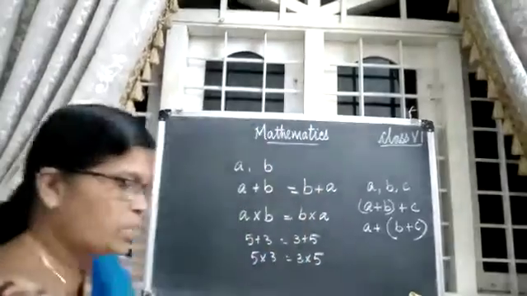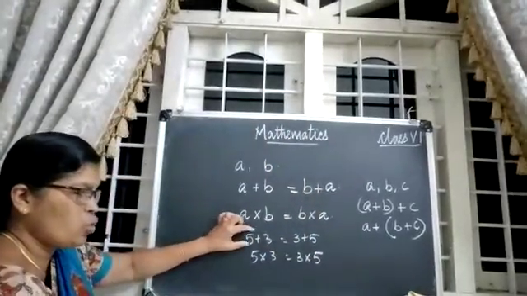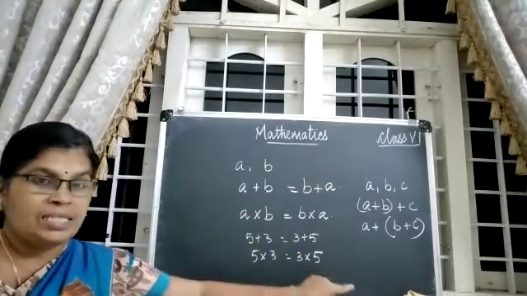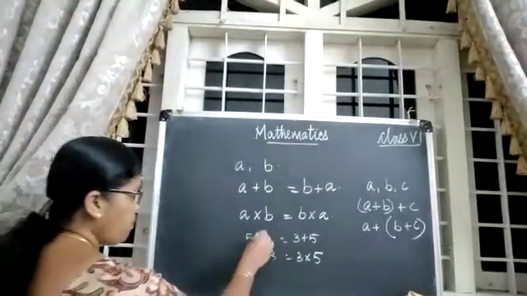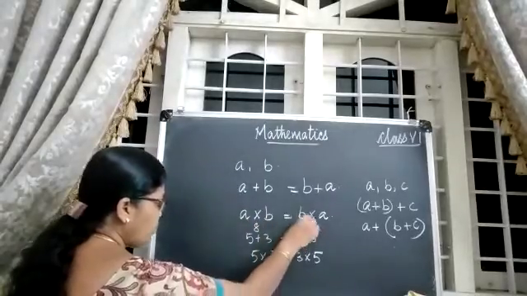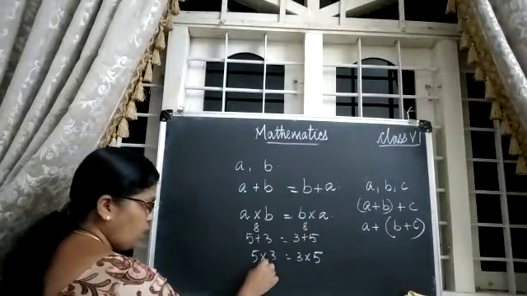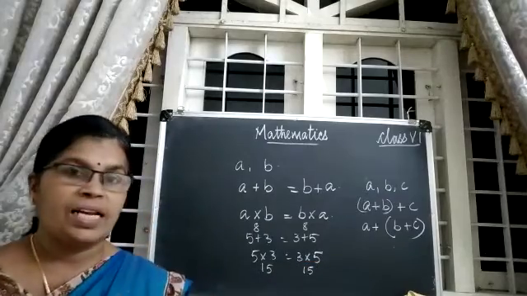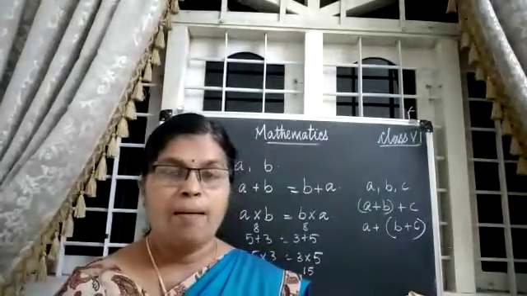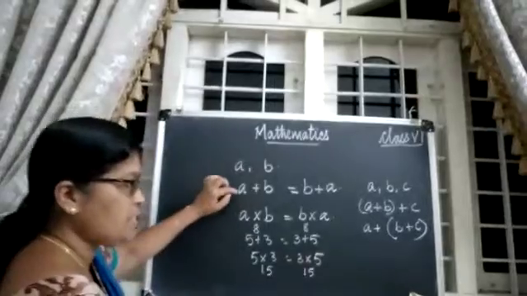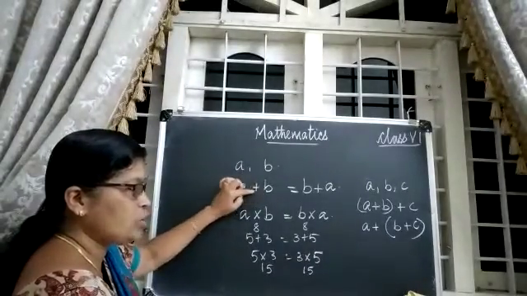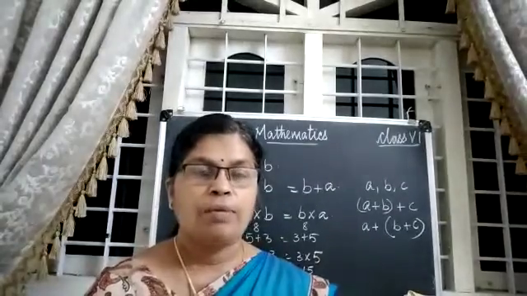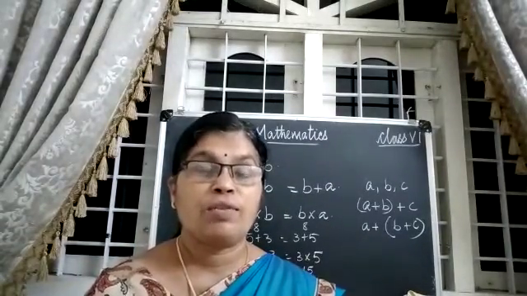Isn't it? Here you see what the specialty is. In the numericals, if the numbers are written, it is easy for us to add and multiply. 5 plus 3 we get 8 and 3 plus 5 we get 8. And 5 into 3 we get 15 and 3 into 5 we get 15. For numericals it is very easy to get the answer. But if we use alphabets, it is not easy to get the answer very fast, because for the alphabets we have to give some numbers.